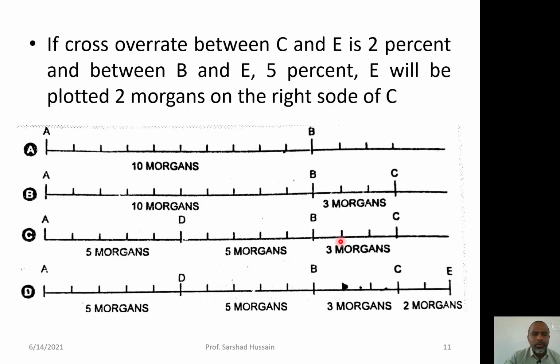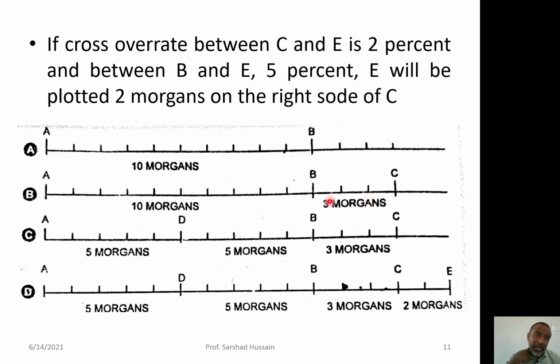So I think you are able to understand that, say for example, this is one chromosome and this is the other chromosome, this is capital B, capital C, and let us presume the other as small b and small c. If in one crossover this segment has crossed to this position and this segment has crossed to this position, then it is small and it is capital, and it is capital and it is small. But if two crossing overs take place between them, then again one will take this part to this, and the other will take this part back to this. So the combination will be the same.